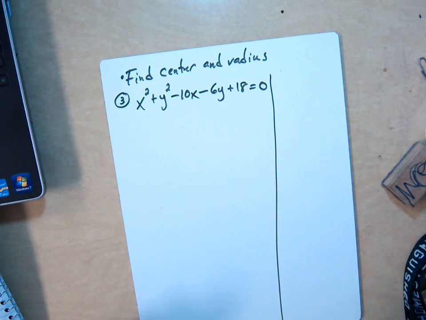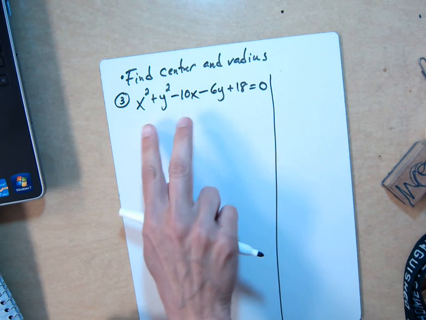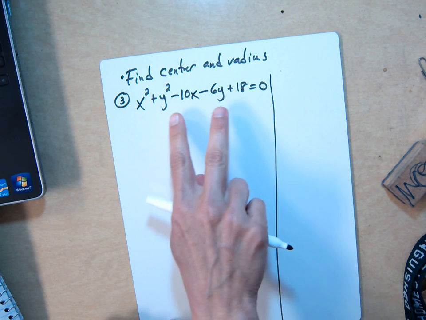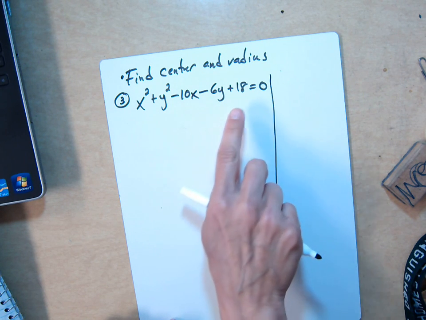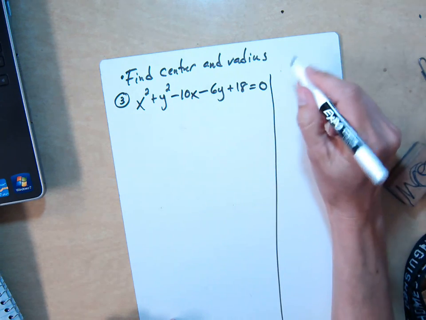So in order to do this, I want something squared. I want the x terms together squared. I want the y terms together squared. And I don't want any constants here. I want it on the other side. So I'm going to write